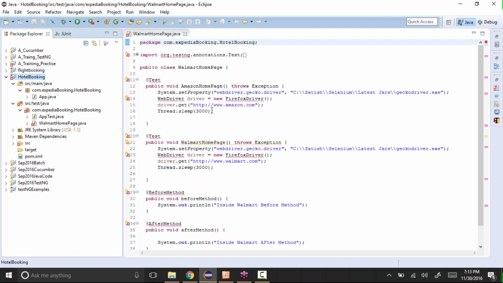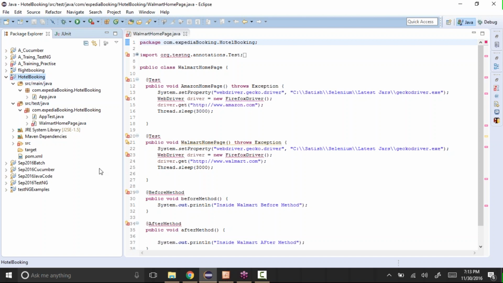So that's the reason it's giving me all my errors. Okay, so one more benefit with Maven is you don't need to add all the dependencies or all the jar files. Jar files are nothing but what we call dependencies to our project. So with Maven, we don't need to add those dependencies manually. We don't need to download all the jar files, and we don't need to associate those jar files to our project.